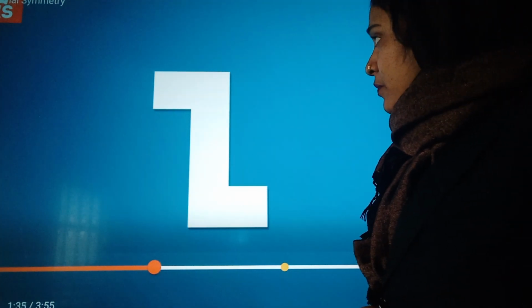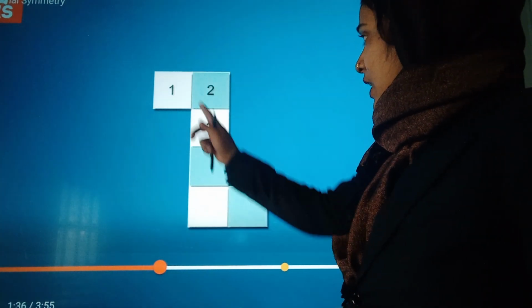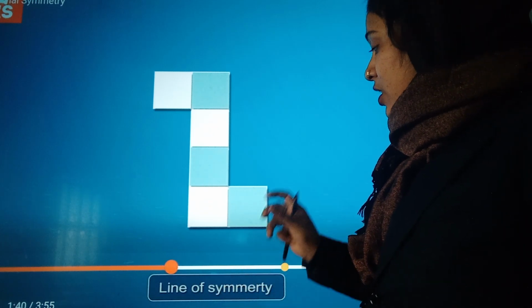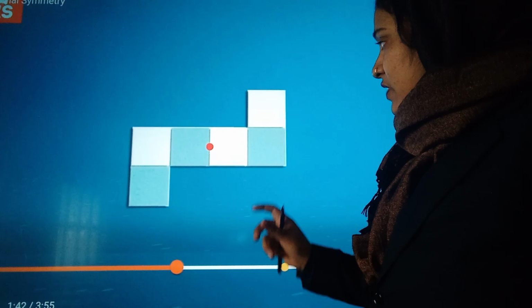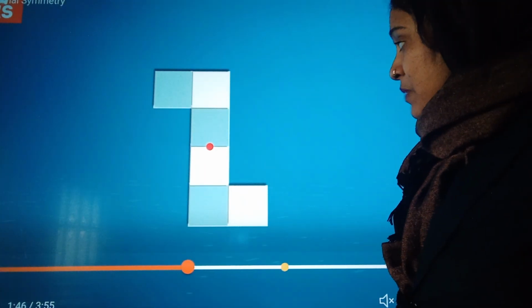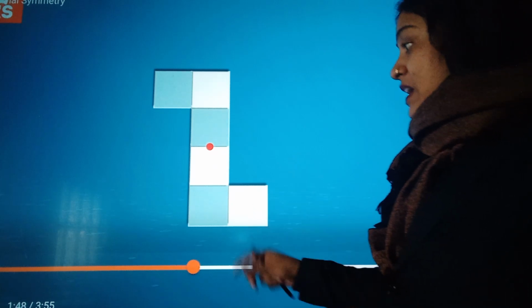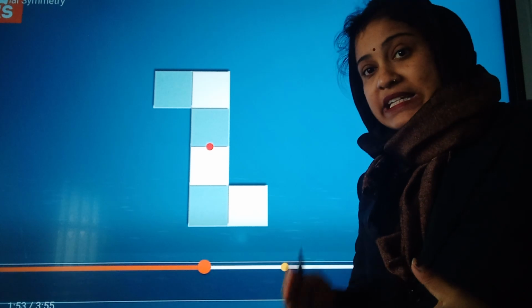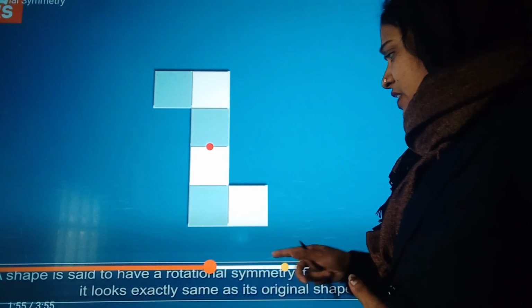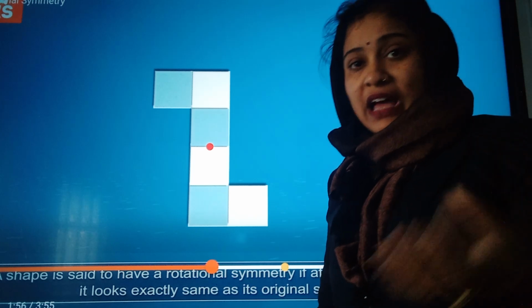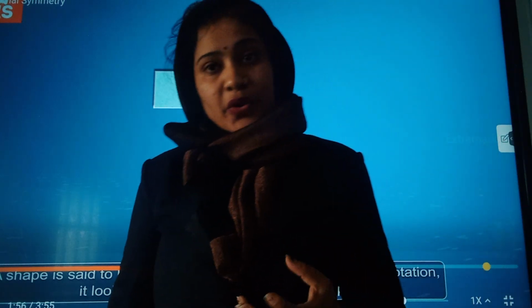Look at the figure. This is similar to that of J. This consists of 6 square blocks. Now if I rotate the figure about a fixed point, let us see whether it is symmetrical or not. Yes, at 180 degree it is symmetrical, and then the same figure will again be symmetrical if it is rotated by an angle of 360 degree. The figure doesn't have any line of symmetry, but it has an angle of rotation. Alright, so this is what we have discussed.